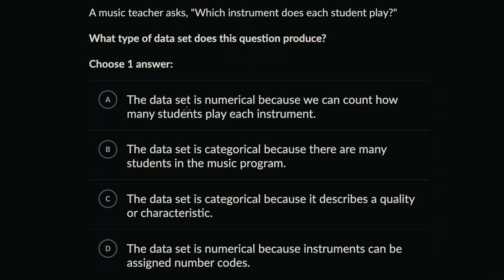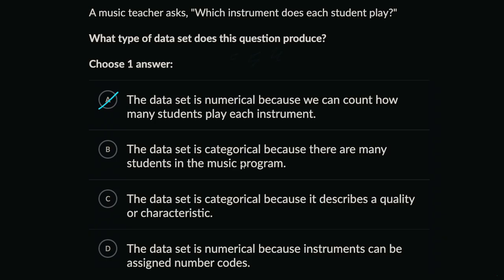So this first one, the data set is numerical because we can count how many students play each instrument. That's not the data that we are actually collecting. We want to know which instrument each student plays. If the teacher had asked how many instruments you play, then it would have been numerical, but that's not what was being asked. The data is categorical, which is true, because there are many students in the same music program,